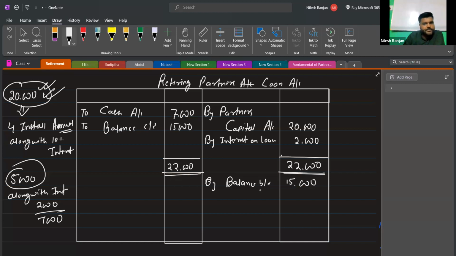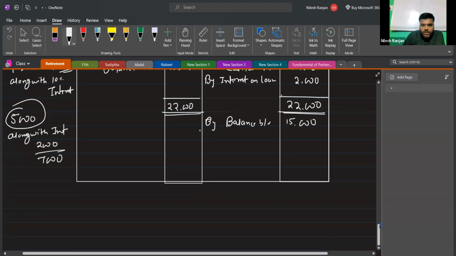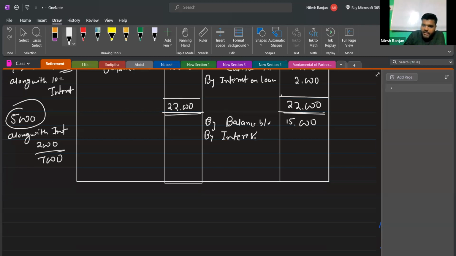Is this clear? Sir, why 15,000? Total amount payable was 20,000 plus 2,000 interest, 22,000, and we have paid 7,000. So the balance is 15,000. This balance is transferred here. Now current year interest at the rate 10% will be 1,500. So the amount payable in current year will be